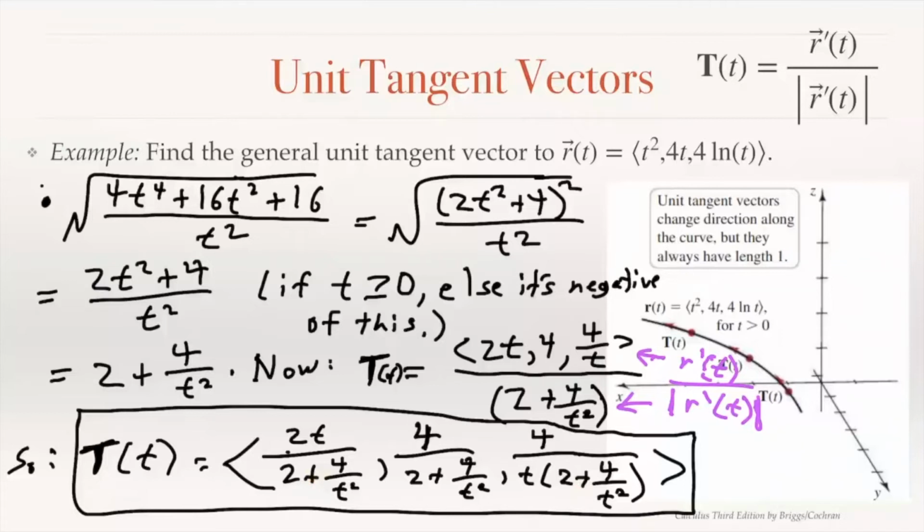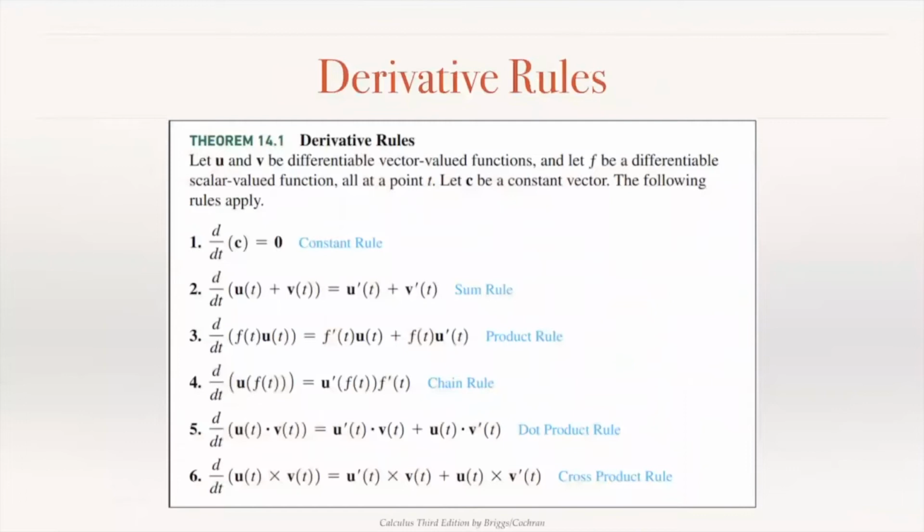If we wanted to take the derivative of the unit tangent vector, which we will want to do in the future. Now, we have learned about derivatives of vector-valued functions, and these derivatives obey all of the same rules, really,